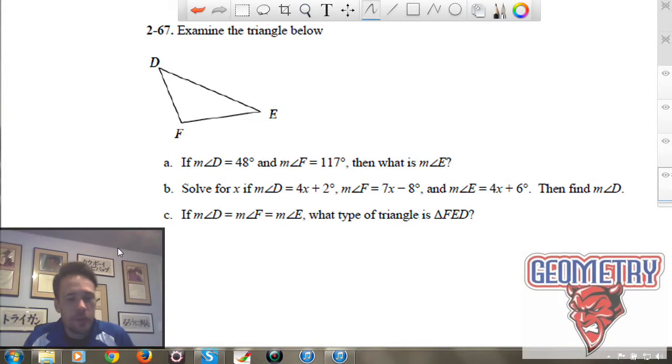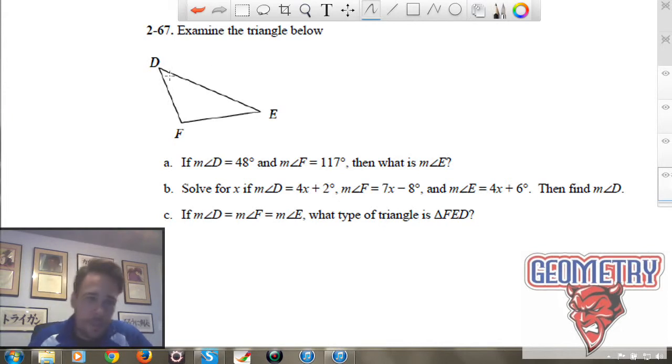We are still in Unit 2, this is now problem number 67, and we're dealing with the angles in a triangle. So doing some triangle sum theory, the relationship between the angles in a triangle, how those angles differentiate between different types of triangles, and what it tells us. So part A says if angle D equals 48 and angle F equals 117, then what is the measure of